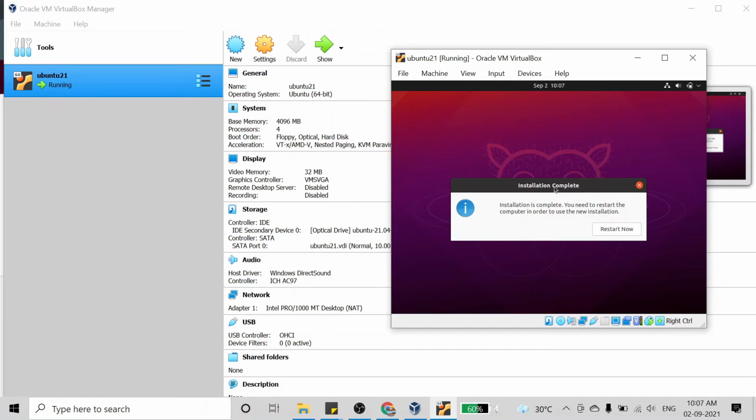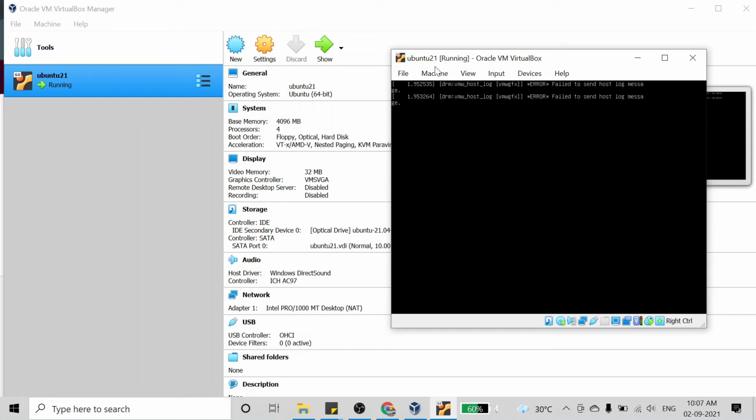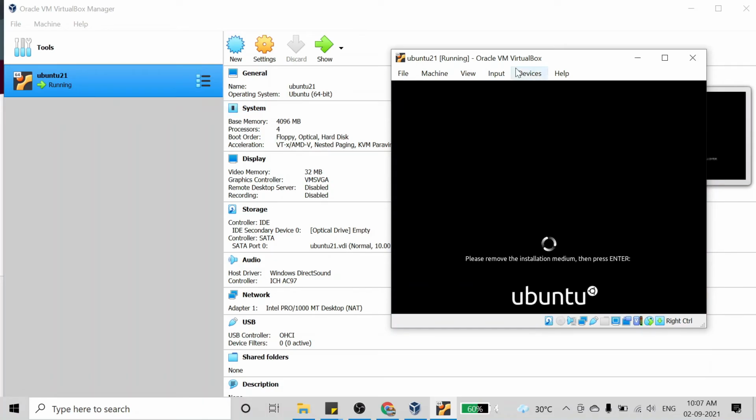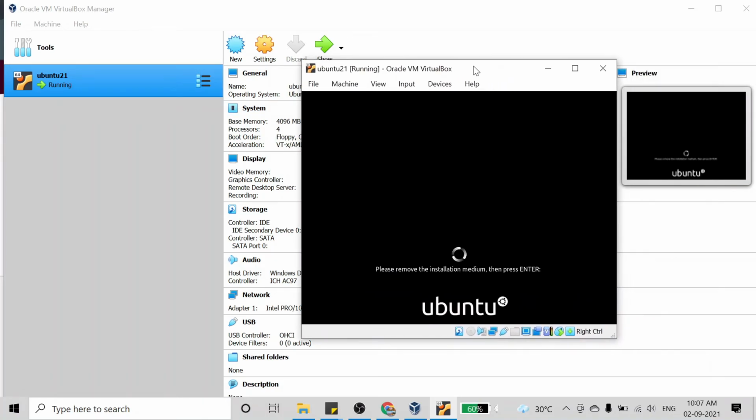So as you can see, our installation is completed. One pop-up will open saying that we have to restart the machine to use the installation. So I'll click on restart now. After that, the machine will restart itself, and then you can use your Ubuntu for whatever purpose